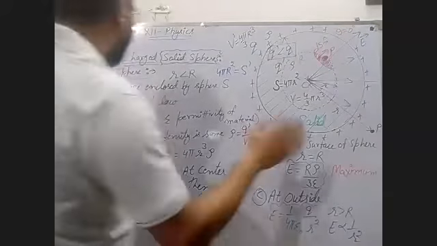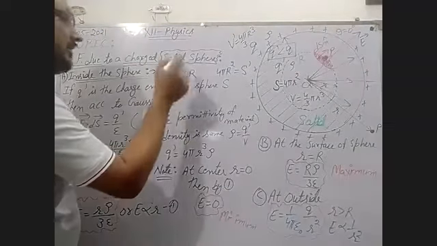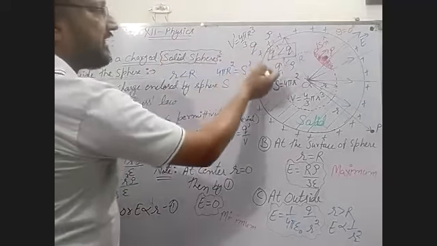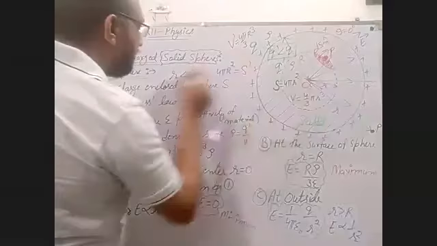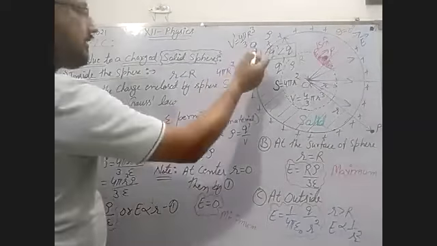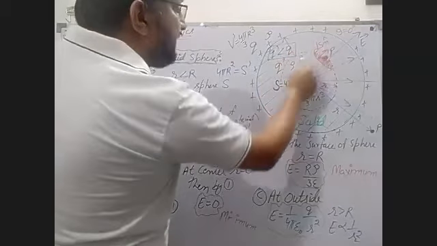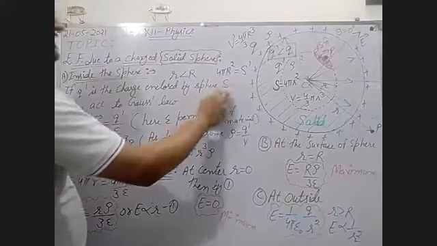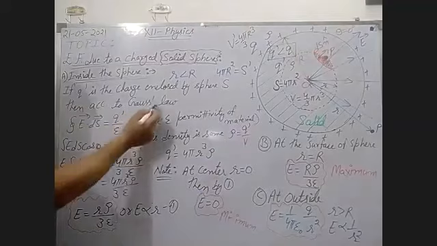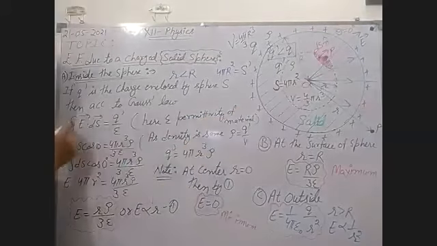Common thing is this. Now, here, inside the sphere, small r is less than capital R. This is the condition. You know very well, capital R is this and small r is this. Now, if Q dash is the charge enclosed by the sphere S, this sphere is S and this charge is Q dash, then according to Gauss law, we can write Gauss law in terms of this like this.